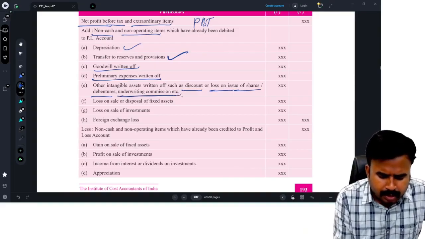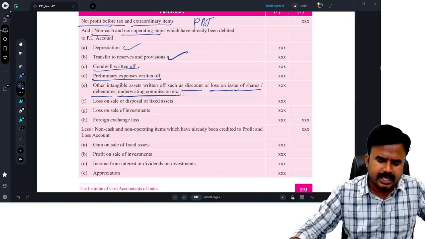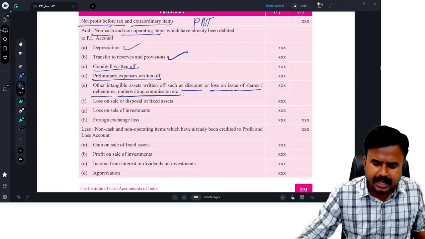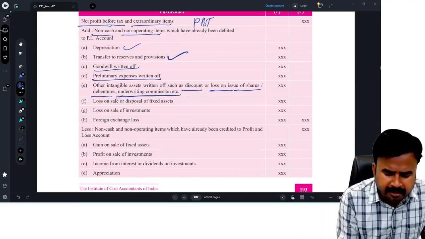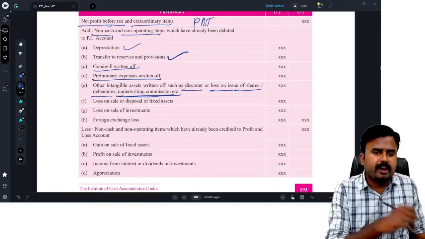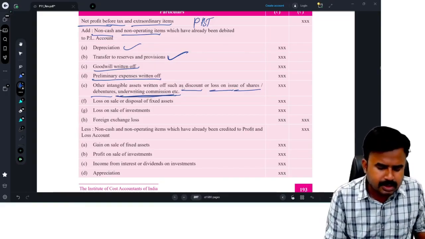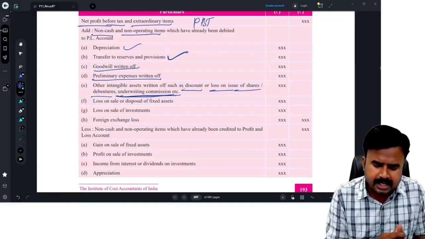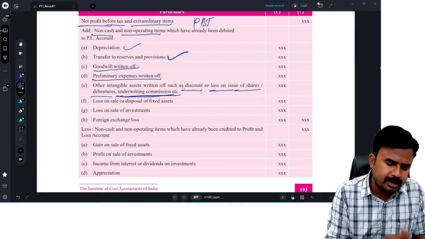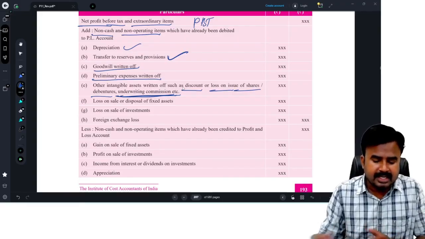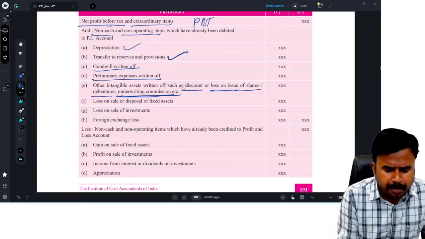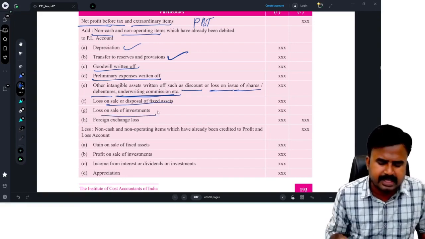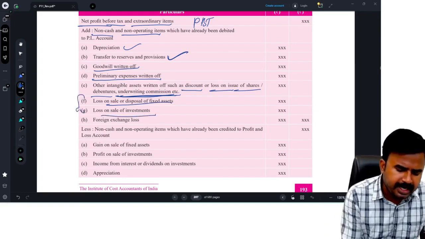And also write off of underwriters commission. See, sometimes the underwriters commission gradually can be written off over the period. So in that case also, this write off of underwriters commission over a period of time is a non-cash expenditure. So what are the other non-cash expenses? Write off of discount or loss on issue of shares or debentures and underwriters commission, etc. So non-operating losses, loss on sale of fixed assets, loss on sale of investments. See, these two are non-operating